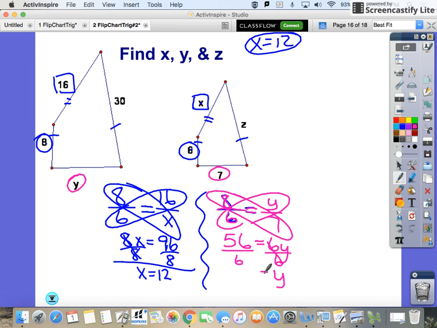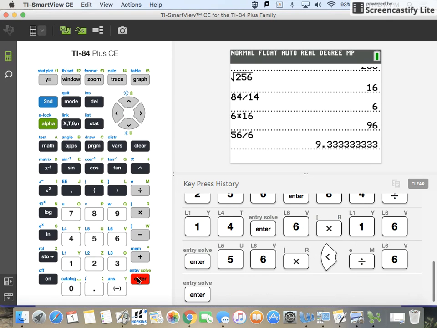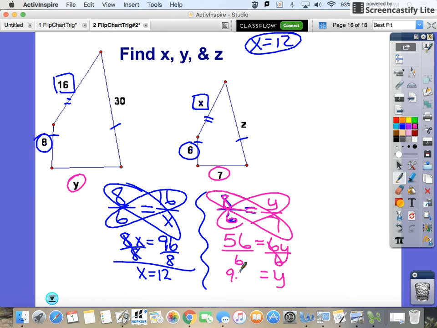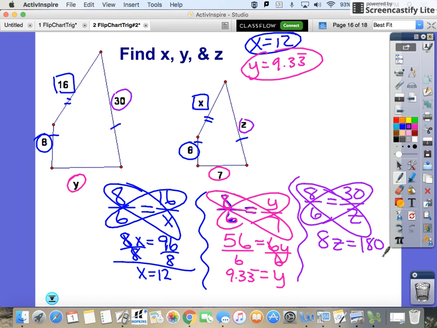Y is 9.3 repeating. And then last we'll do z. So z is 8 over 6 equals 30 over z. 8z equals 180. Divide by